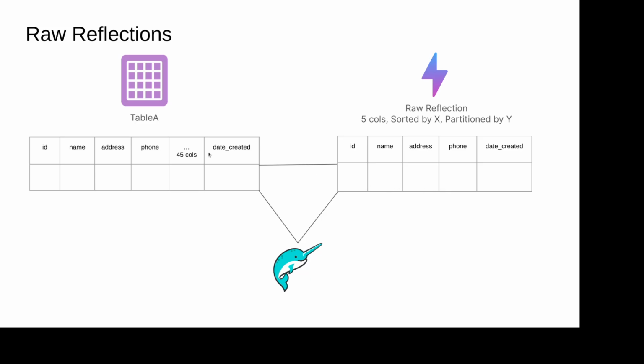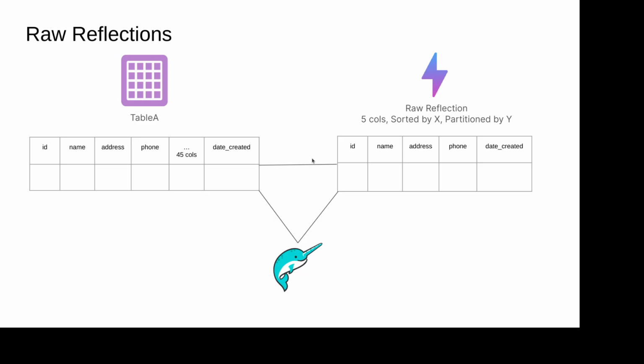But you see in this situation, this table has like 45 other columns. I don't need to materialize all 45 columns. So when I create my reflection, because I know the queries that are coming in are only asking for these 5 columns, I actually specify, hey, only display these 5 columns in the SQL. So now I have a materialization that doesn't have all these columns I don't need. It only has the columns I do need. And so those files are going to be a lot smaller. And then I can have it add custom sorting and partitioning to that as well, and have it really optimized for the particular queries that I'm expecting to be coming in.